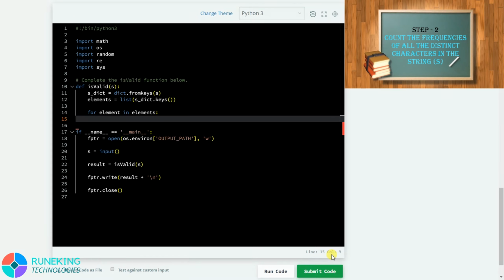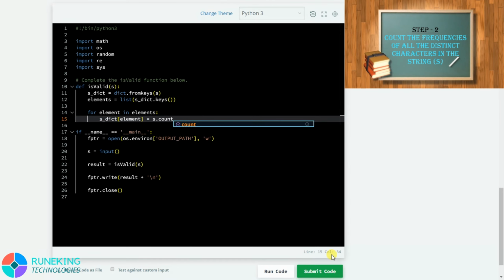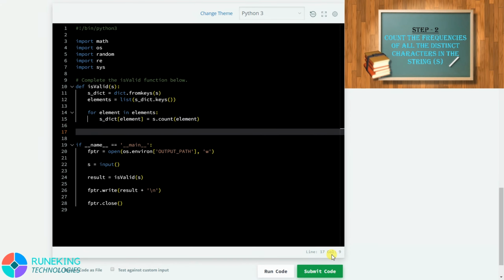This can be understood as s_dict, and its key is element, and its value will be the frequency. Let's say s is the string where we need to count. So s.count, and what we need to count? The element. So here we put element, and we can get the frequency.